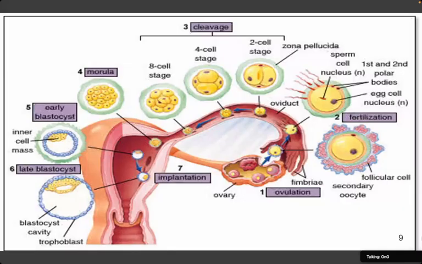Next step, fertilization. This occurs in the ampullary aspect of the fallopian tube, and only 1% of the sperm deposited into the vagina enter the cervix. The trip from the cervix to the oviduct requires a minimum of 2 to 7 hours, and after reaching the isthmus, the spermatozoa now become less motile and cease their migration. They are unable to fertilize the oocyte immediately upon arrival and must undergo capacitation and acrosome reaction to acquire this